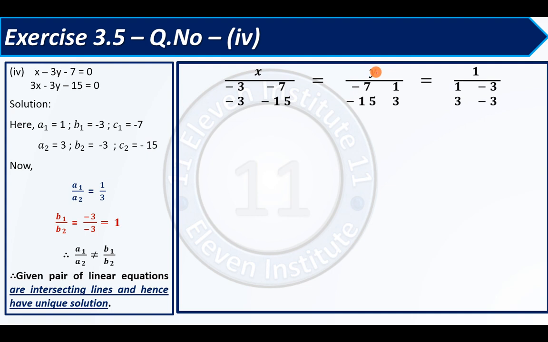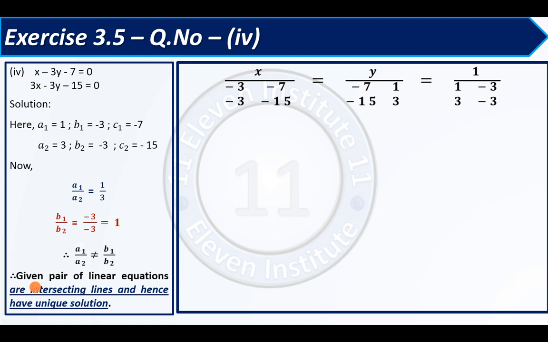X is equal to y is equal to 1, these lines, right? And what you have to do is you have to keep a finger on x. So you have to forget all this, right? So what you are left with is minus 3, minus 3, minus 7, minus 15, which we have copied over here. You can see minus 3, minus 3, minus 7, minus 15. And what you write over here, minus 7, minus 15, that you have to write over here also. Minus 7 and minus 15. I hope this is clear.